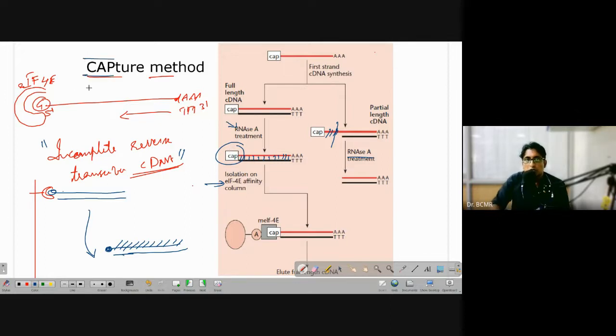You can assume it has two meanings at least. You can say 5' G cap is one way, or the way you can remember is that EIF4E is capturing the completely reverse transcribed mRNAs with the 5' cap. Okay, you can associate the principle with the title so that you can remember what it means. Okay,